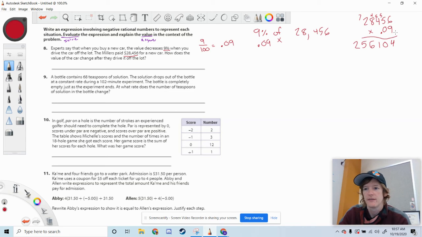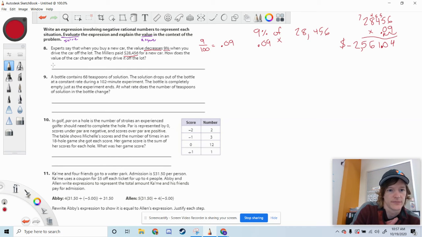So my next thing I have to do is count how many times this decimal goes over. So count how many times it goes over here. And my value is going to be decreasing, so I want to make sure this is negative. So my answer here, I've got negative $2,561.04. So the car's value decreased by